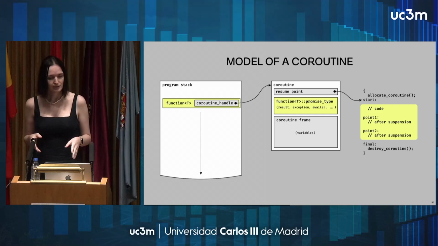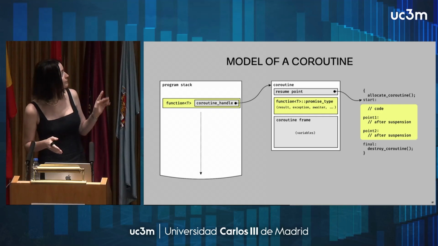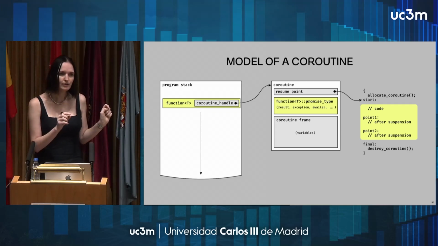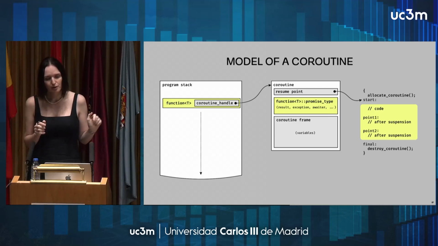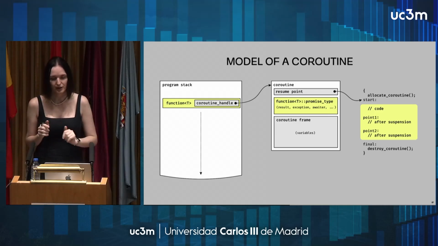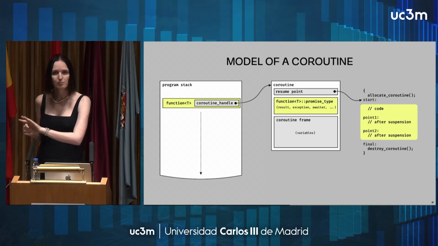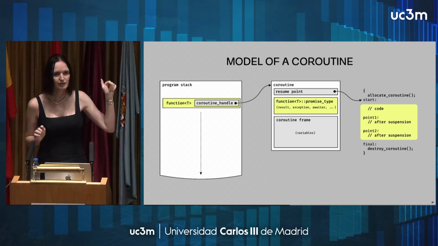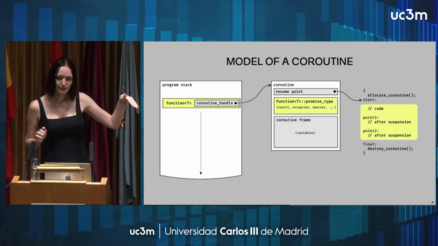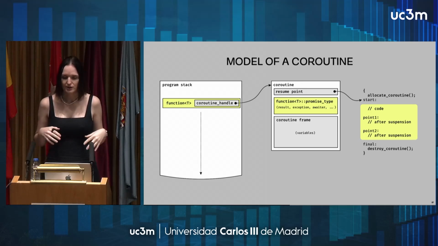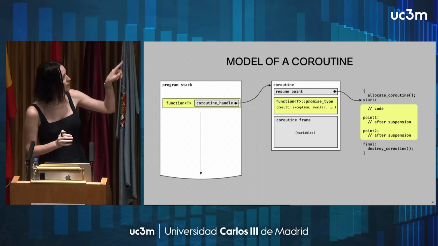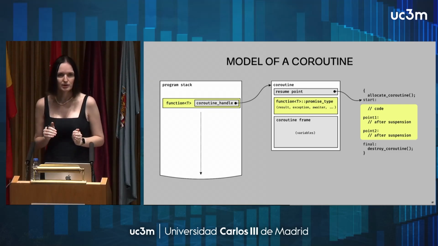But coroutines in C++ are more or less modeled like this. On the stack on the left, you have a function T, which is just a handler. So it's probably just like a pointer, pointing to a coroutine frame, which is the thing in the middle, which will probably be somewhere on the heap, maybe on the stack if optimized, depending on its magic. And inside of the coroutine frame, there is a resume point, which points at the code where it will start or resume the coroutine. And also there is a promise type and all its members as you define, and the coroutine frame on the bottom, which contains all the variables which can survive